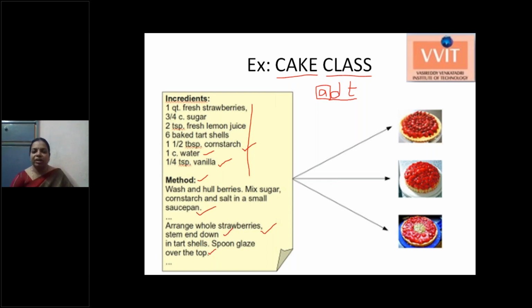So from this cake class, we can prepare different types of cakes. Like these, there are three different shapes of cakes. One is filled with complete strawberries, another is filled with the strawberries in a different way, and the third one is filled with strawberries and other things in the middle of the cake. Using the same class, the same data and the same method, we are preparing different types of cakes. So this is what we call a class.